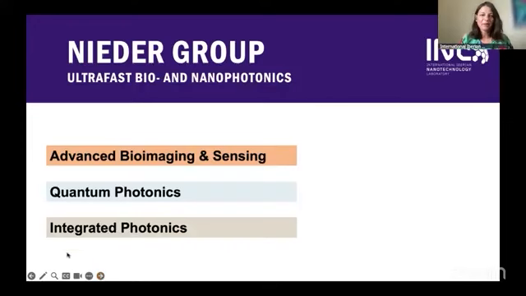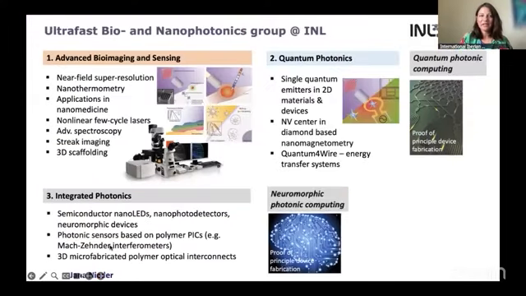technologies. To give some examples, an overview, in advanced bioimaging and sensing, we use nanotechnologies to, for example, develop new type of nanoscopy, near-field super-resolution technologies, nanothermometry, measuring the temperature from within the cell, or to apply nanoparticles in nanomedicine type of topics. I will not have the time today to introduce these various applications, but I will pick one of them, the near-field super-resolution microscopy or nanoscopy, to speak a little about our recent developments where we are